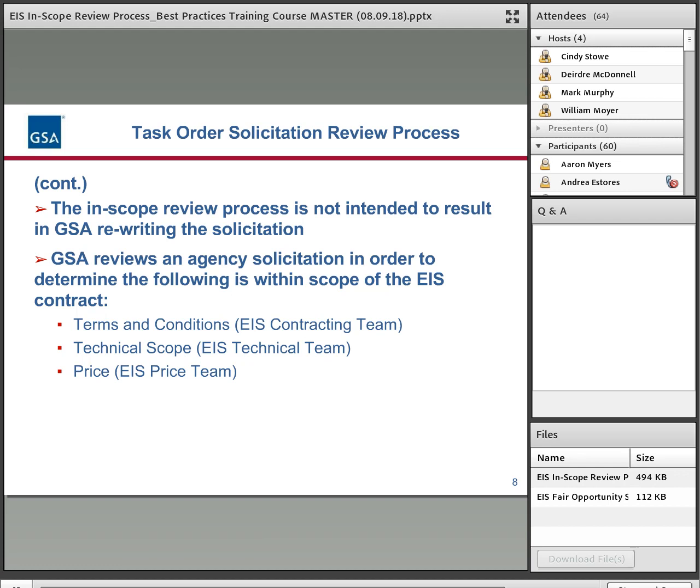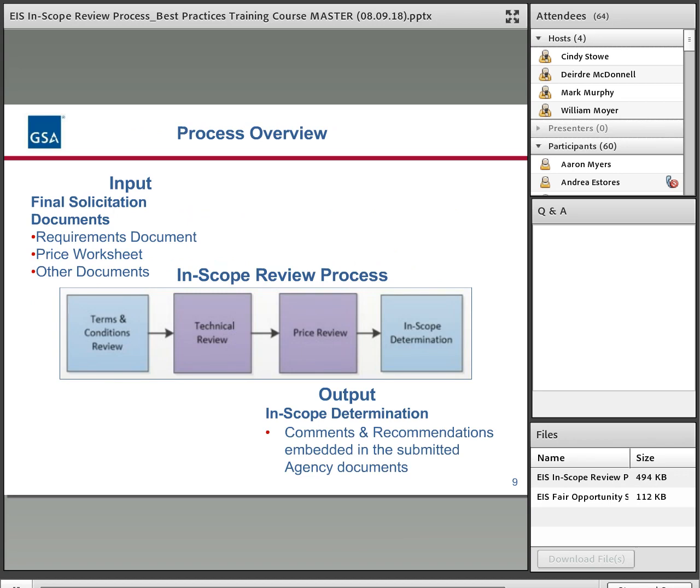So there are basically 3 stages of a review of the solicitations. There's terms and conditions, T's and C's. There's a technical review, and then a price review. So this slide shows the depiction of that process.